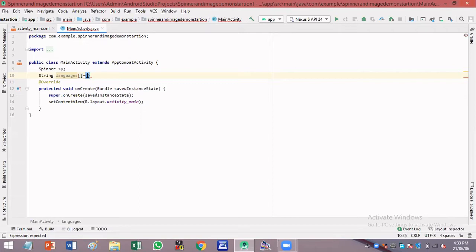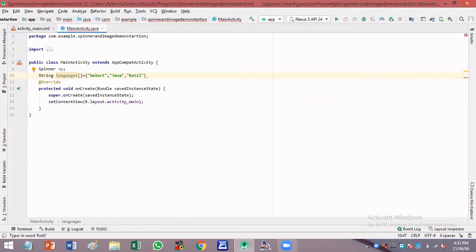Okay, so I'll be including the string values within double quotes. The first value will be select, and the second value, let me give the language names like Java, comma, Kotlin.